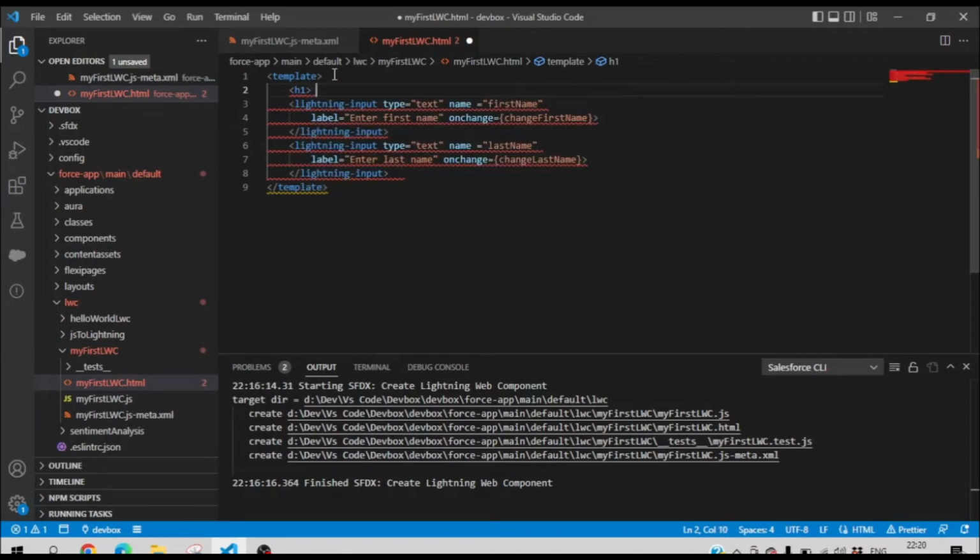Header, my name. Okay, then I'll add a variable here. How will I add a variable? This first name and last name I can combine and display, right? So I can do it like this: first name,